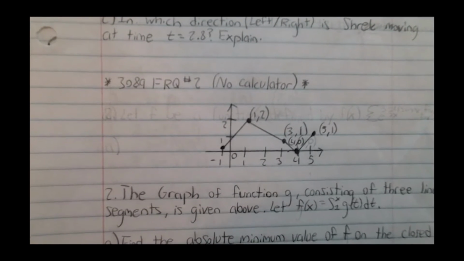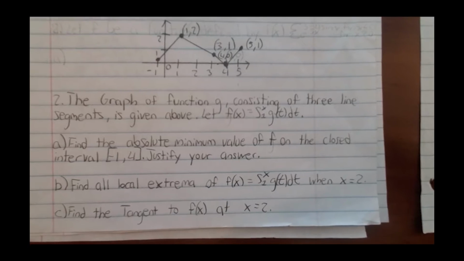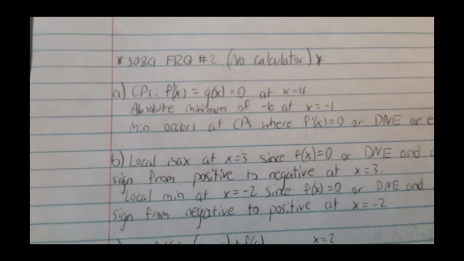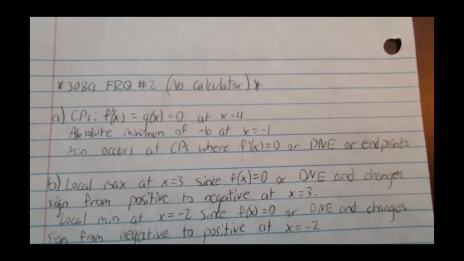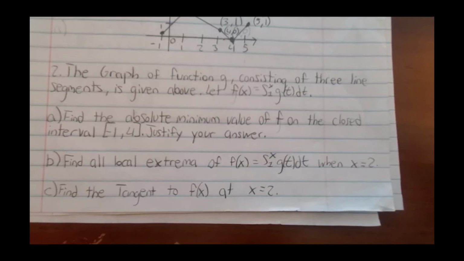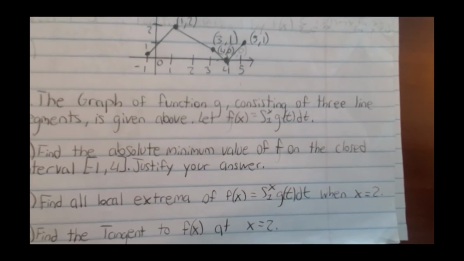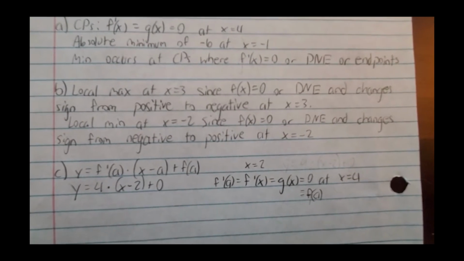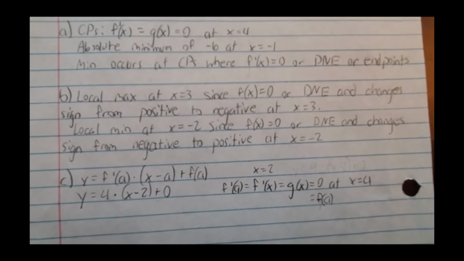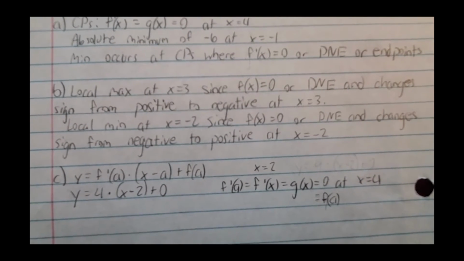Okay, for FRQ number 2, this is a no calculator question. For A, we're finding the absolute minimum on this interval. So we check with critical points at this interval, which is x equals 4. And min occurs where f prime of x equals 0 or DNE, or endpoints. And for all local extrema of this function, x equals 2. And we will have a local max at x equals 3, since f prime of x changes sign from positive to negative at this point. And a local min at x equals negative 2, since f prime of x equals 0 or DNE and changes sign